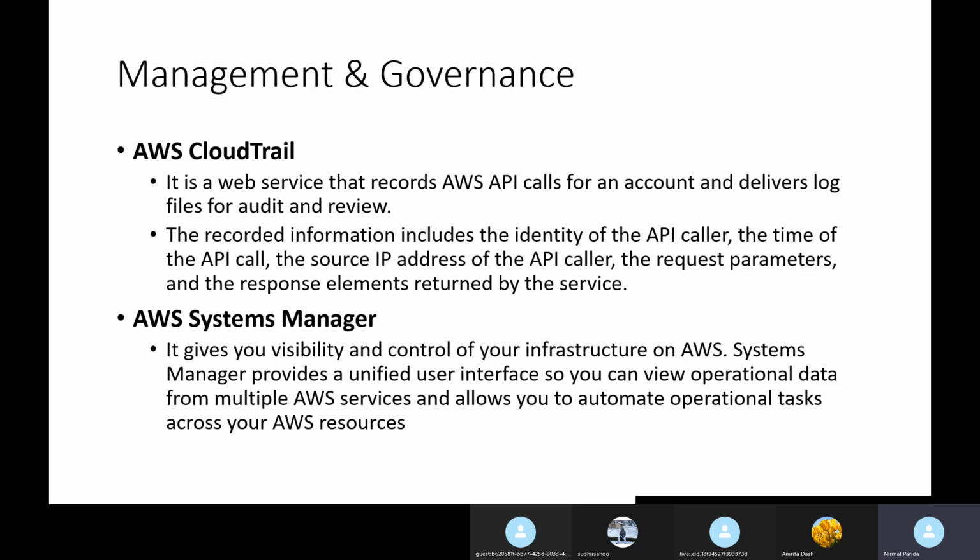Suppose one day someone logs into your account and creates or deletes something, those things will be recorded in CloudTrail, so you can use it for audit and review. The recorded information includes the identity of the API caller, the time of the API call, the source IP address of the API caller, the request parameters, and the response elements returned by the service.